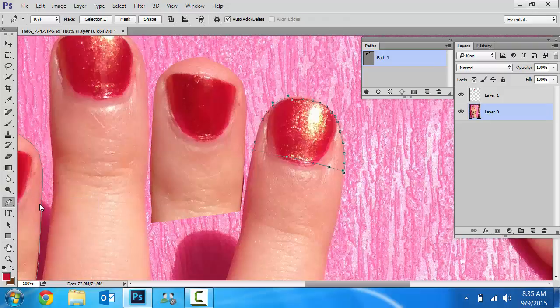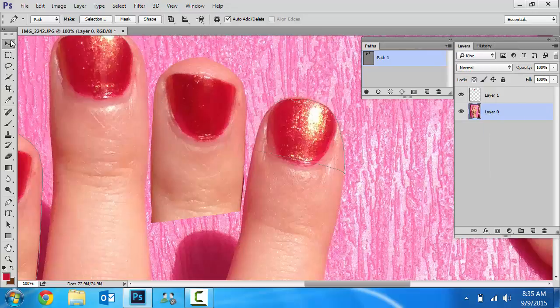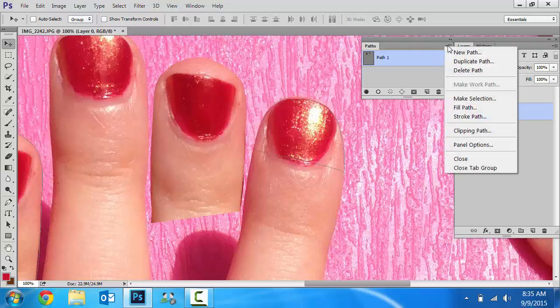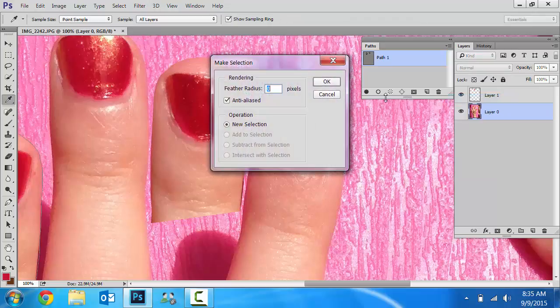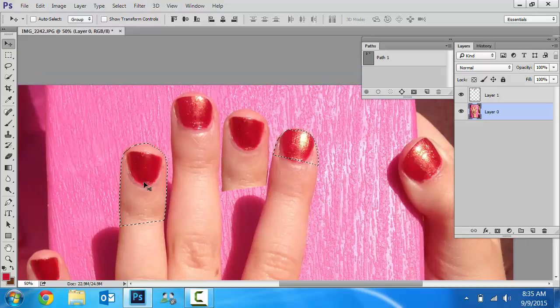Now that I have my path drawn, I select my path. Oh, I have this linked to the other path. I didn't realize I had done that, but we'll do it anyway. I'm going to, actually, I'll just delete it. So we've got Path 1 actually highlighting 2 paths. As I look on here, I can see it's 2. But let's see what it selects. If I go to Make Selection and say OK, it selected both this area and this area because my Path 1 includes two paths. So if I just deselect this,